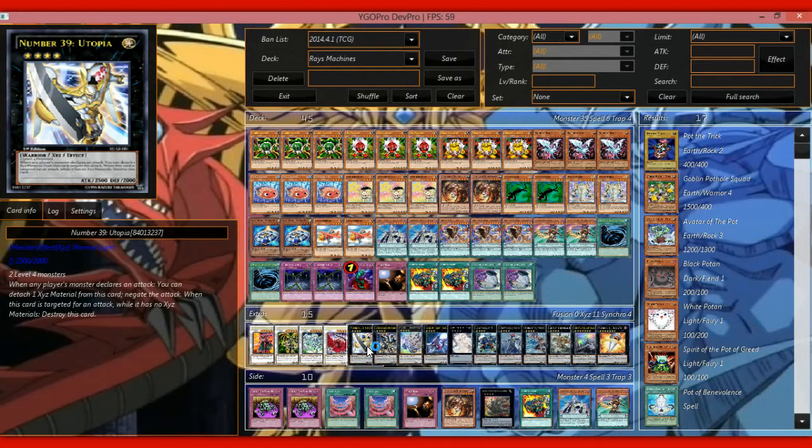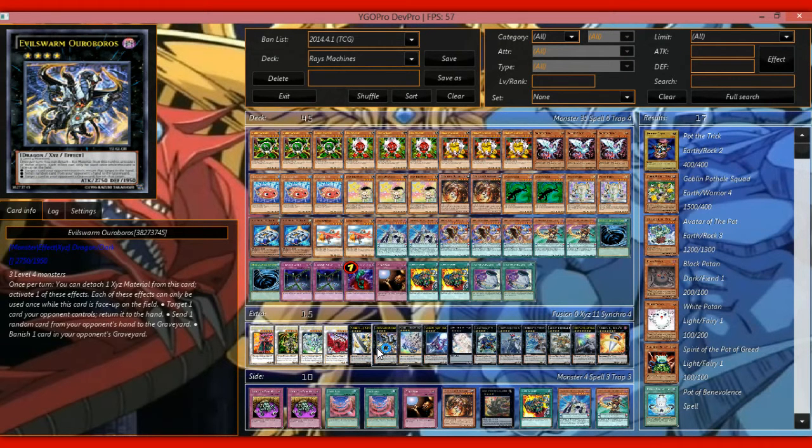One Number 39: Utopia, kind of iffy in the deck. We are thinking about switching him out, maybe putting something else that might be more useful, but he's an exchangeable card more than anything. But one Number 39: Utopia, one Evil Swarm Ouroboros, whether he starts out